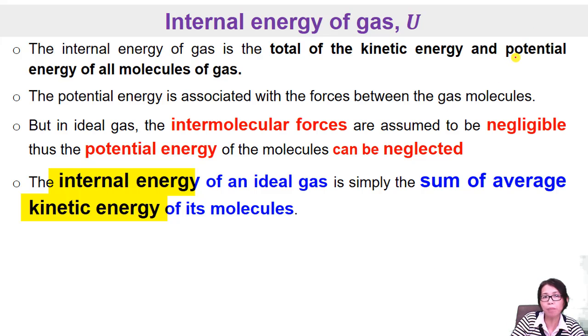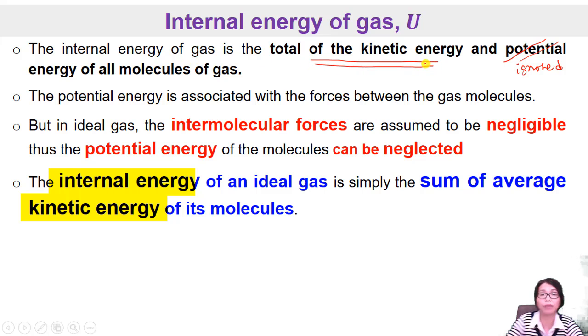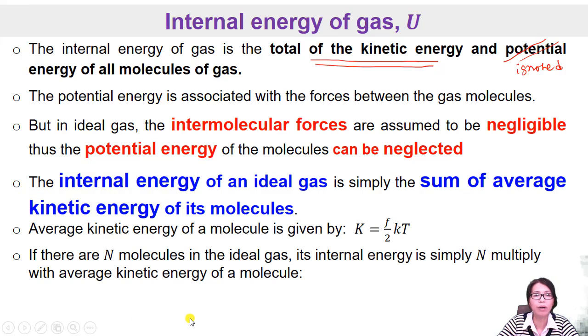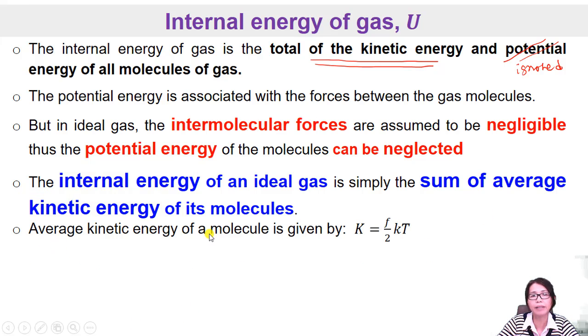Why? Because the potential energy is 0. We can ignore this one. So our internal energy of the gases will come from the total kinetic energy of the gases. Alright, so we know that the average kinetic energy of a molecule is K equal to F